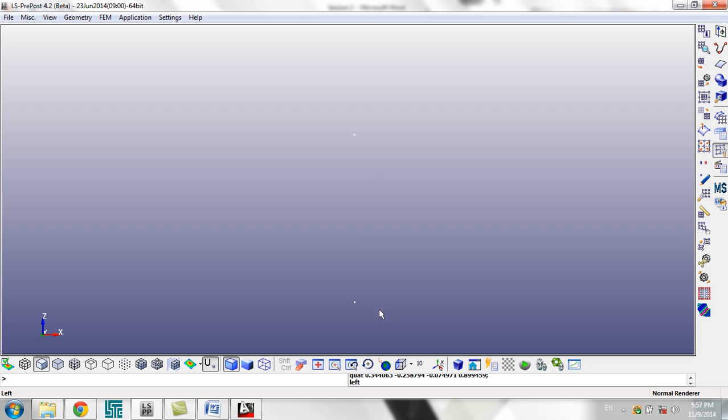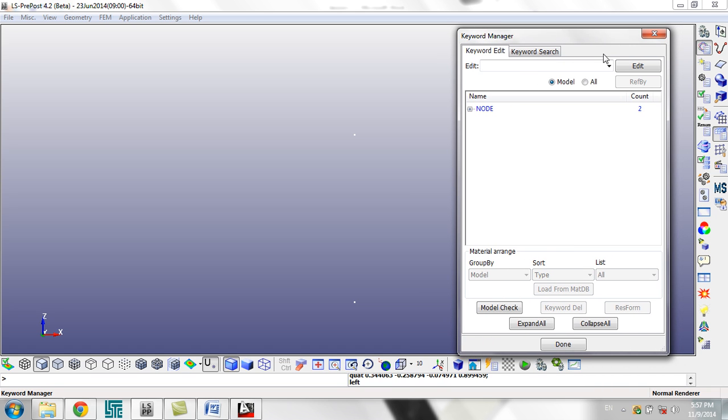These are my two nodes, and between them I want to create a spring connecting this node to the other one. To make this system, we are going to define the section for the spring and the damper, then define the material for the spring and the damper, and then create our element with this section and material. So to do that, we go to Model and Part, and then Keyword Manager,